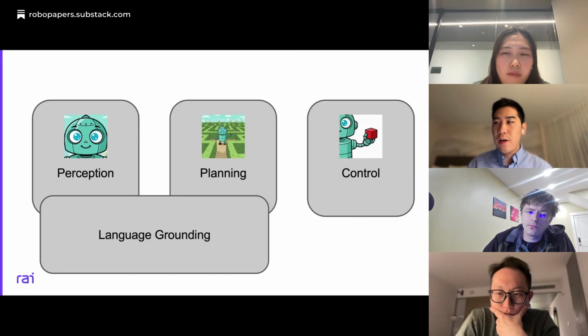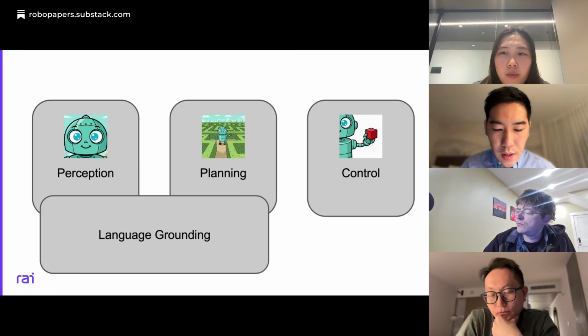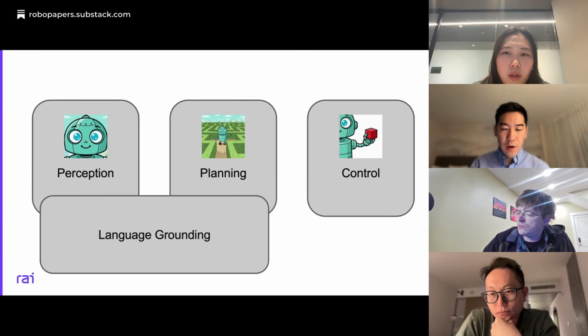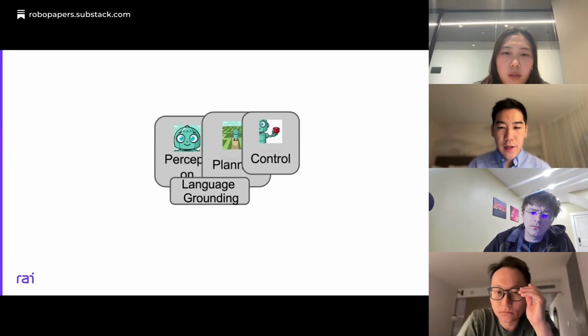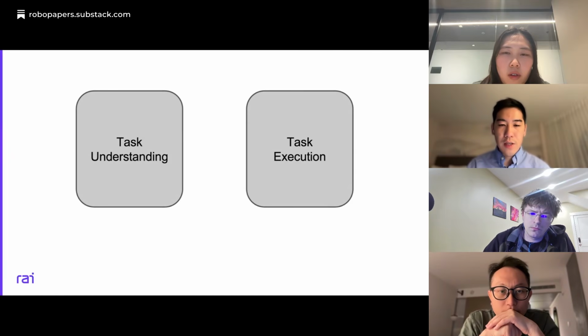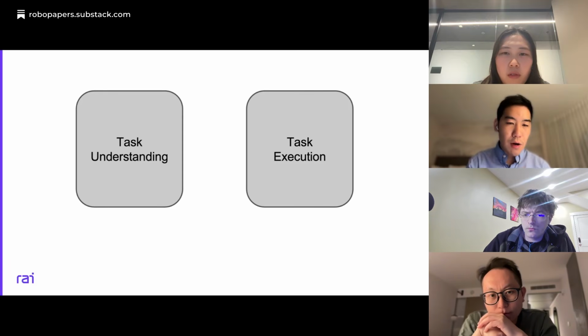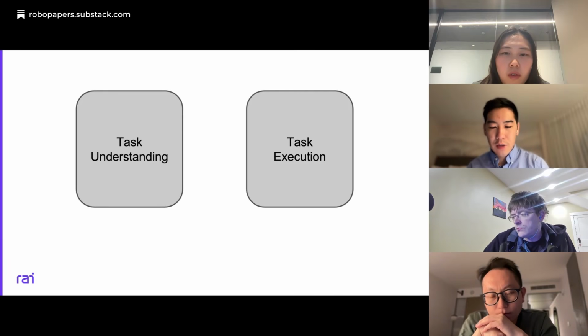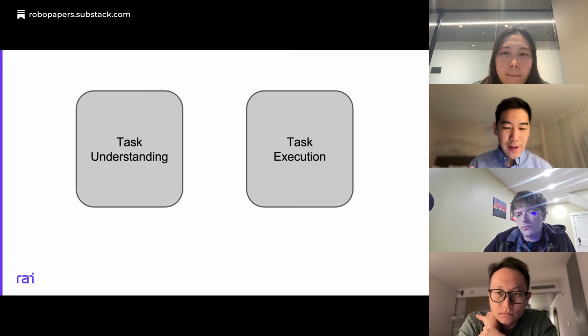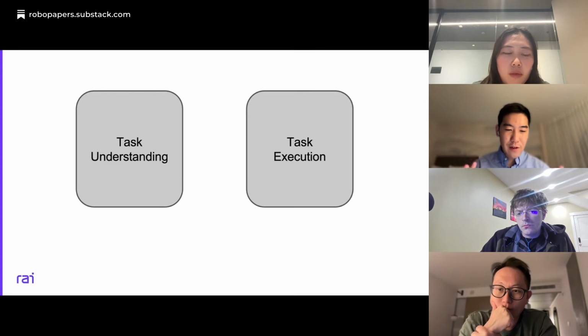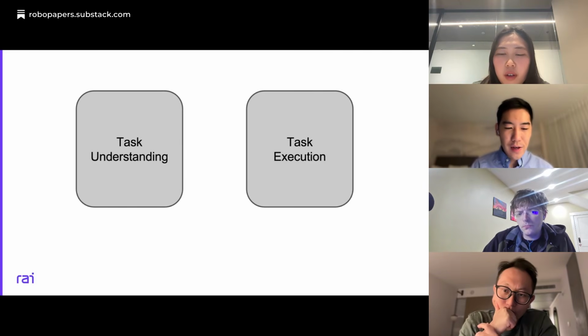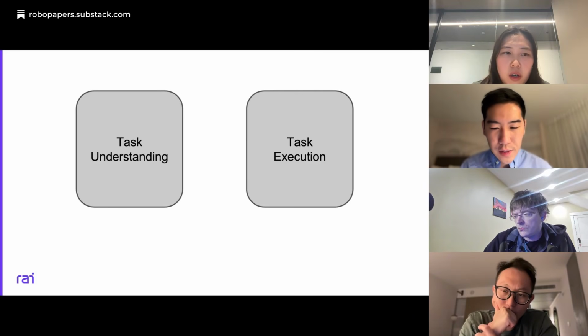So this is a traditional framework that we're following, and we decompose this into two main components. One is the task understanding part, and one is the task execution part. And this is not something we propose. This trend of work is already doing this, and we just follow this direction.